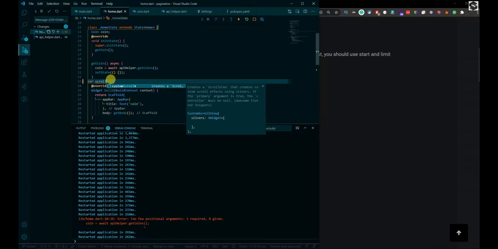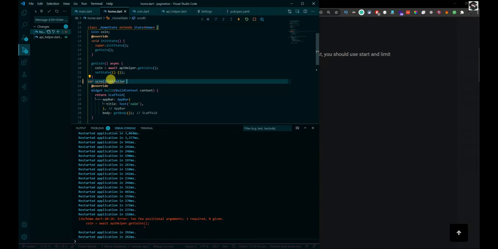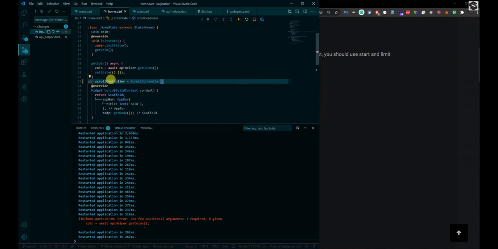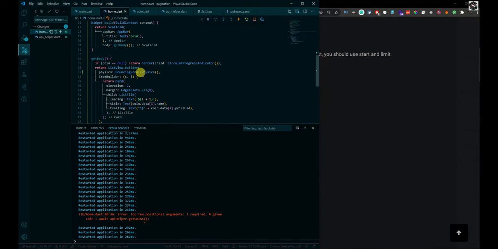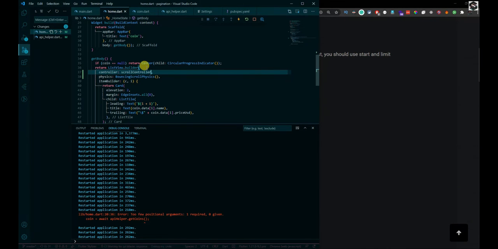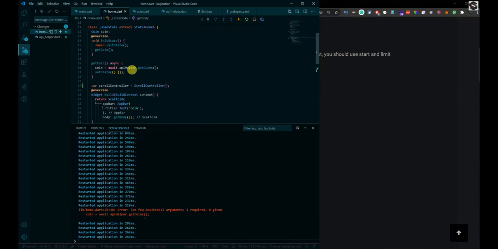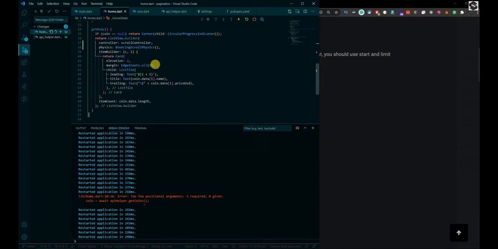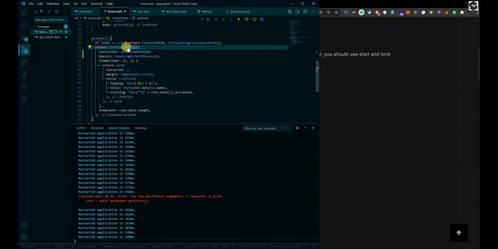Now the main logic starts here. Let's make a scroll controller which we will give to our list view, and in the scroll controller property, we will pass the scroll controller that we just made. Now we need to wrap our list view builder with the notification listener. Notification listener is used to listen to notifications.